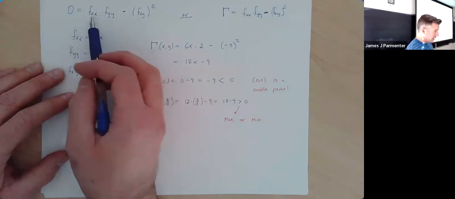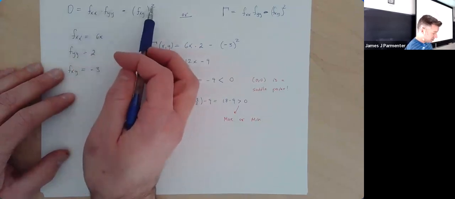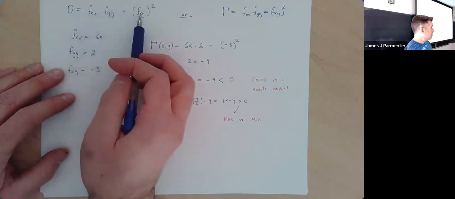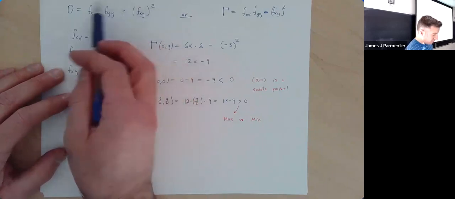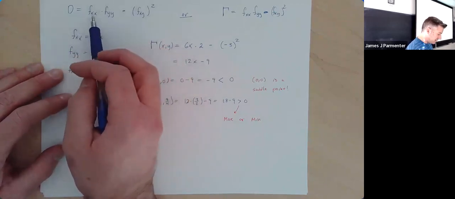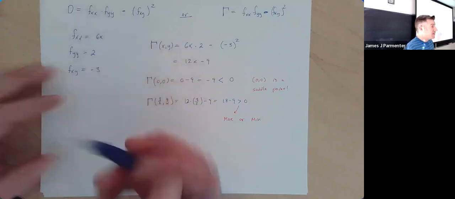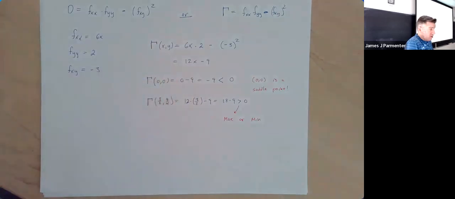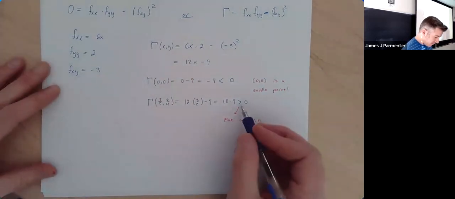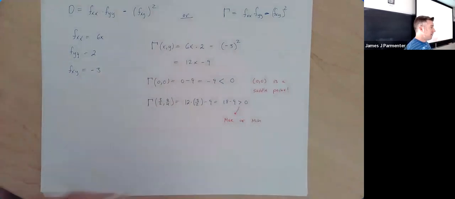Because if these were opposite signs, then this would be negative, right? And fxy squared is positive, so a negative number minus a positive number is just going to be more negative. So the only way for this to not be negative is for sure to have had fxx and fyy be the same sign. Which means we only have to check one of them, right? Because if we know they're the same sign, once you know one of them is positive, you know the other one's positive. So if gamma is positive, then we look at fxx or fyy to see if that second derivative